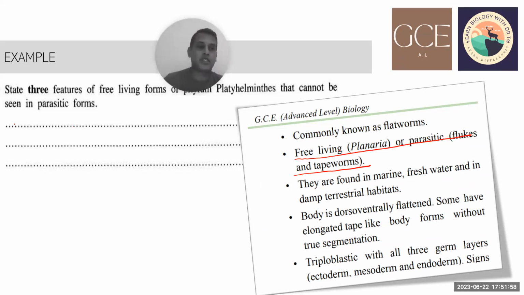But there's an exam question recently: state 3 features of free living forms of phylum Platyhelminthes that cannot be seen in parasitic form. Now this is about parasites called Platyhelminthes, and they have a free living form. They are harmless, and the parasitic ones are harmful. So the question asks for 3 features,